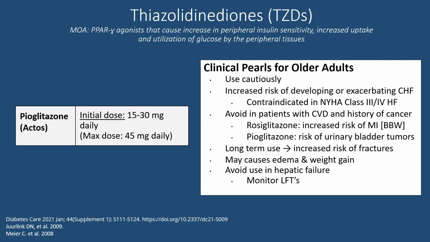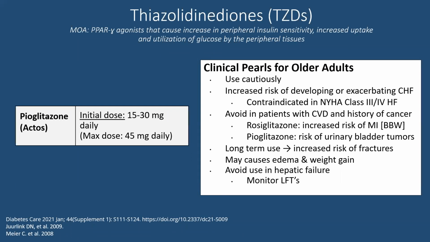These drugs primarily work by increasing insulin sensitivity and utilization of glucose in peripheral tissues. And they're very effective at managing diabetes. They're also really inexpensive, so if cost is ever an issue in your low-income patients, a lot of times they will be started on these medications. You have to use them carefully. If your patients have a history of CHF, not a good option to try, because these medications are known to exacerbate or even cause heart failure.